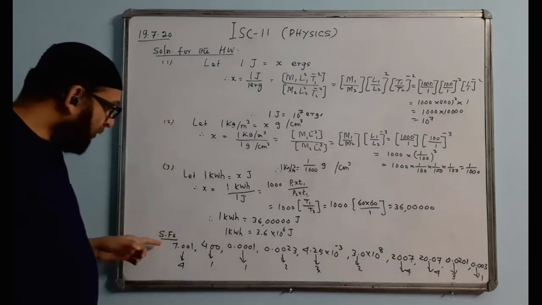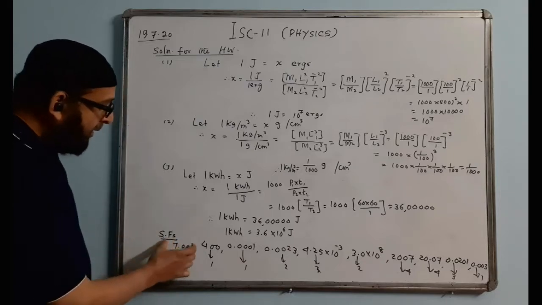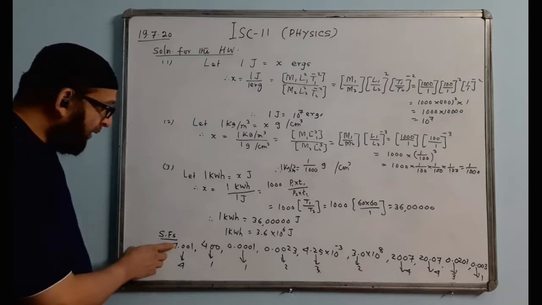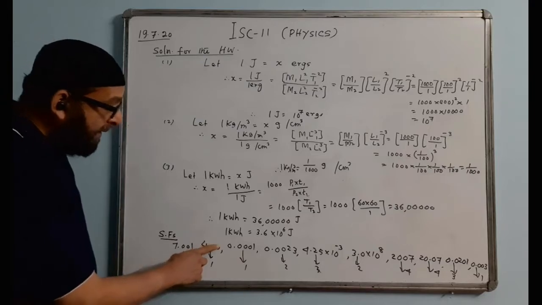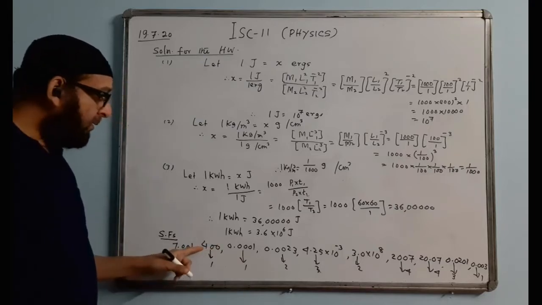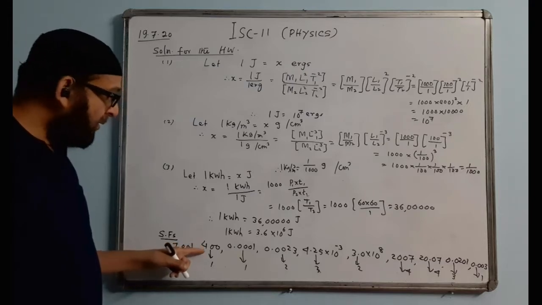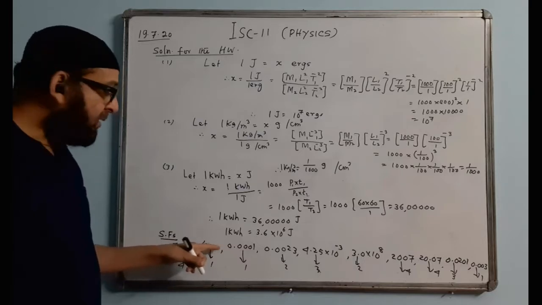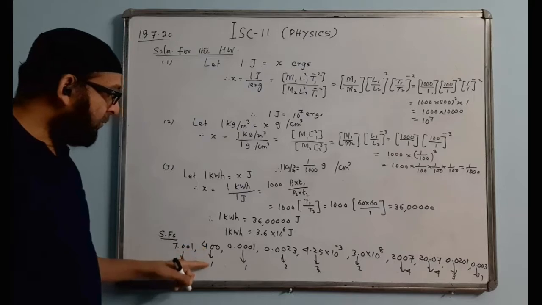Now see the solution of significant figure. This is quite simple. The zeros occurring in between the numbers are significant. Count everything: 1, 2, 3, 4. So answer is 4. Now here 4 is ending with 0, but what kind of number is this? This is a number which does not have decimal, that means this is a non-decimal number. In non-decimal number, ending zeros are non-significant. So only 4 significant figures over here.